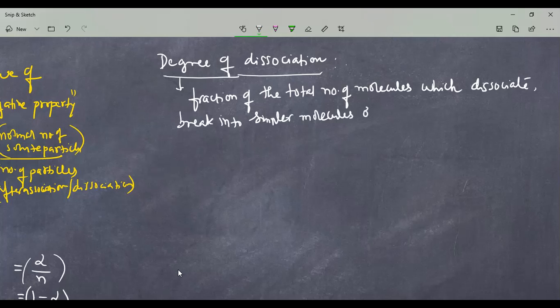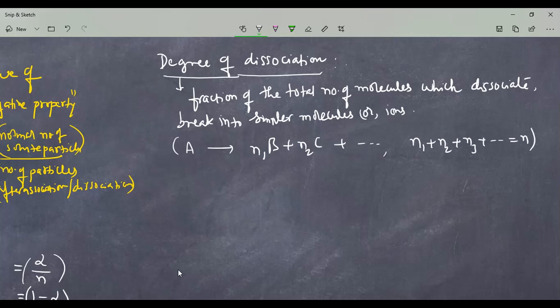They may be molecules, or you can say they may be fragments like ions, etc. Suppose molecules in electrolyte, when dissolved in solvent, dissociate into n ions, and alpha is the degree of dissociation. Then you can understand it like this: A gives rise to n1 B plus n2 C plus and so on. Then the total number of particles is n1 plus n2 plus n3 and so on, equals small n, assume.